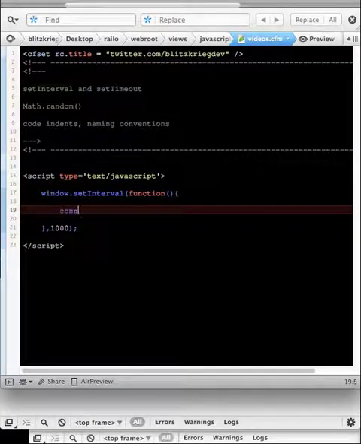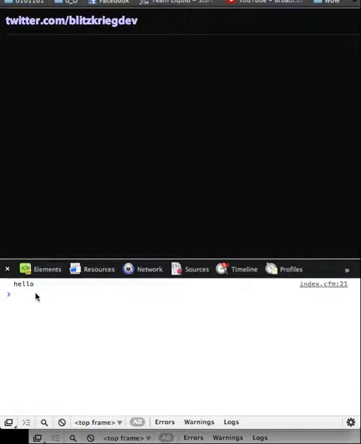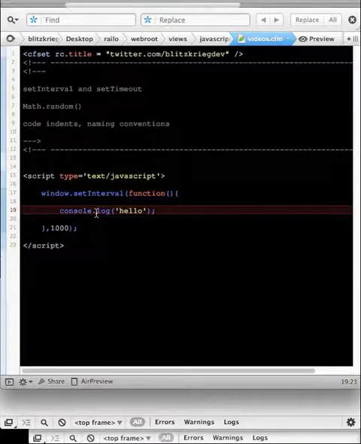Here I'm just going to write to the console hello, and when we run this, every second is going to keep on writing hello to the console forever. So in order to clear this,